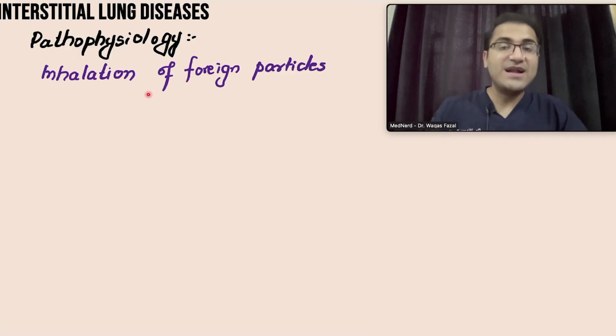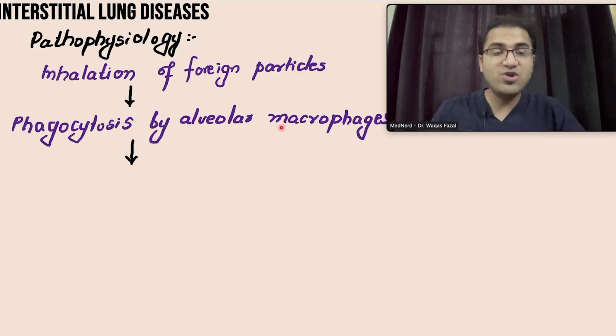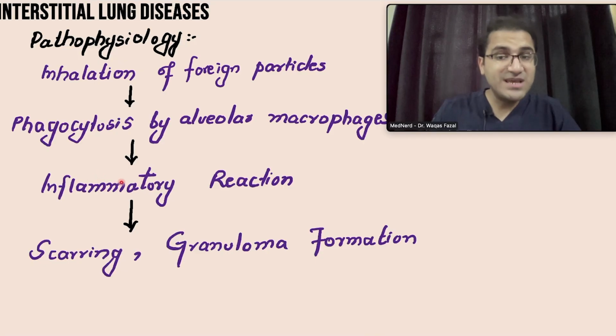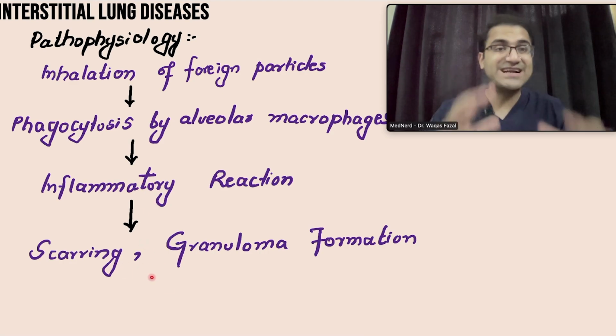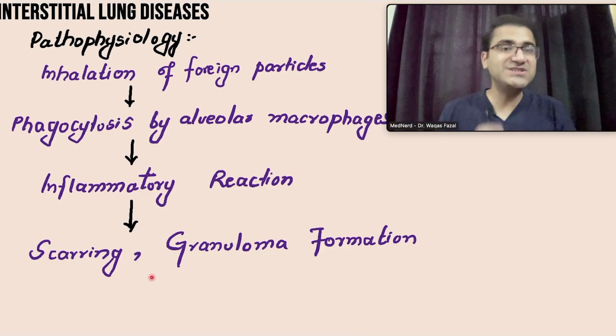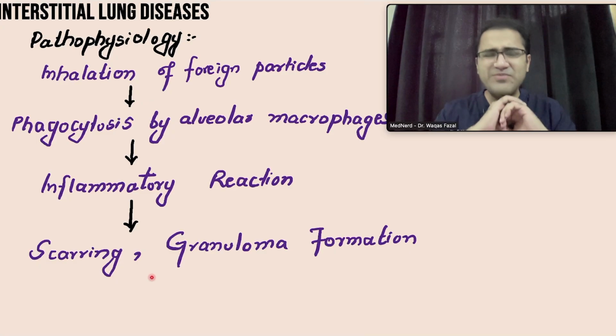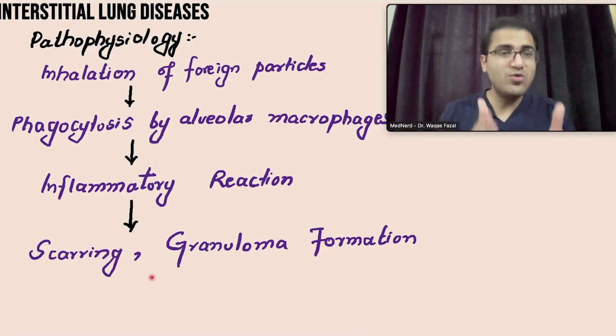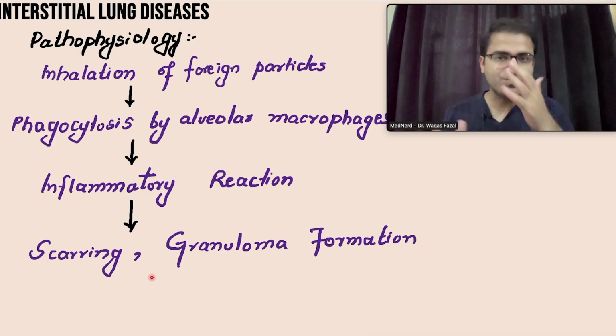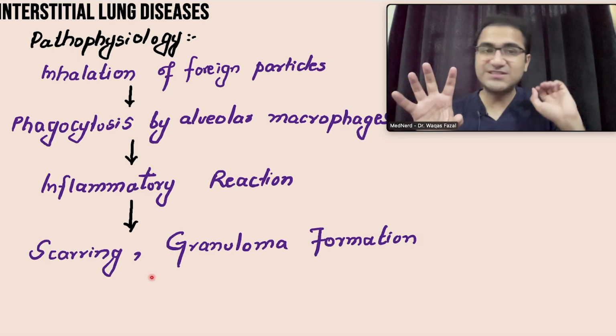foreign particles and that foreign particle is taken up by the alveolar macrophages, that activates the immune system, and when it activates the immune system, there is an inflammatory reaction, and that inflammatory reaction destroys the lungs. That results in scarring, collagen deposition, granuloma formation in the lungs, and that immune response damages the lungs. So interstitial lung disease is a group of diseases with many diseases in it. It includes pneumoconiosis, hypersensitivity pneumonitis, idiopathic pulmonary fibrosis, where sometimes you know the trigger and sometimes you don't know the